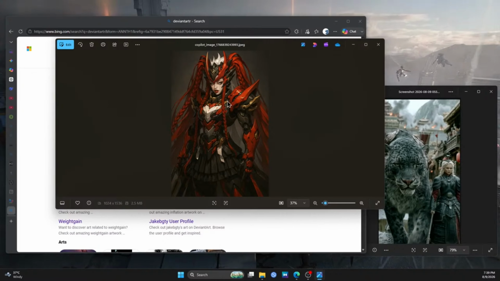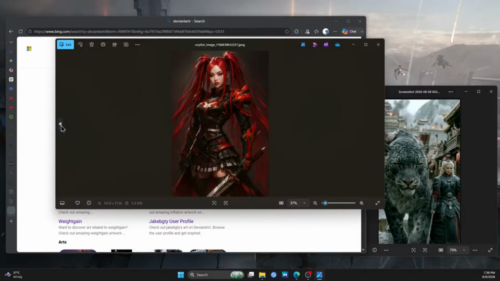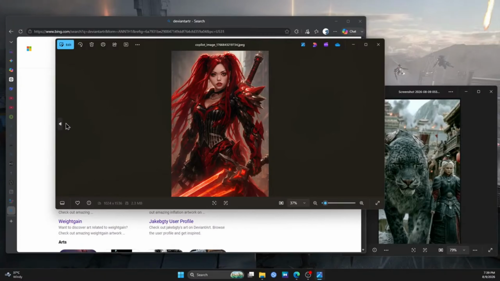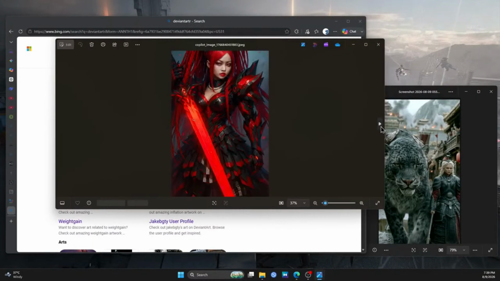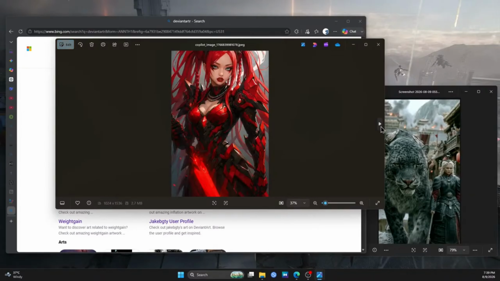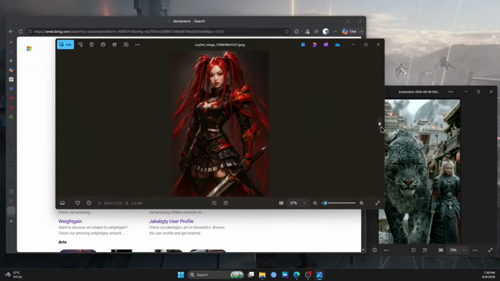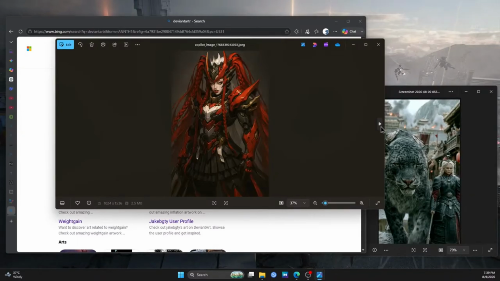because I don't really want her to have a sword in her hand. And I could do this one or this one, just in general. But again, I may use this one, but I'll have to say without the sword. Or I can do this one. It'll be a lot easier. So